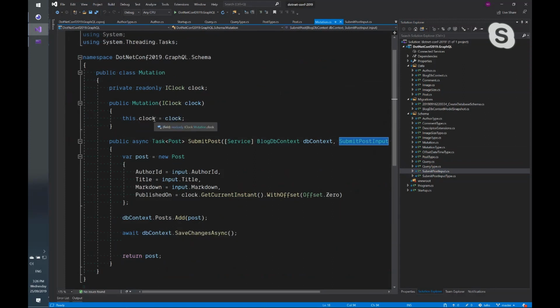Up here you can see I need a clock from Noda Time, and so this is where I'm doing my constructor level injection of that. So this is a common pattern you'll see: things like mutation, mutation type, post, post type. This is a code first approach in order to define our schema. From there, we just need to register it. So going back to our startup code,